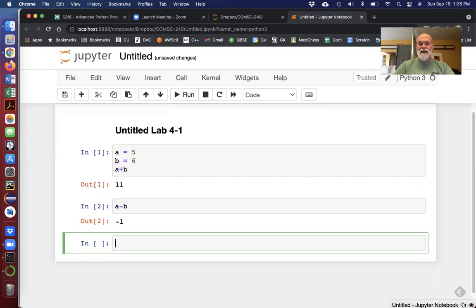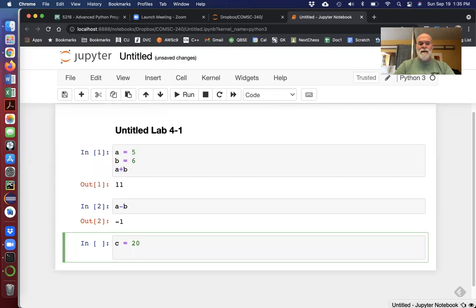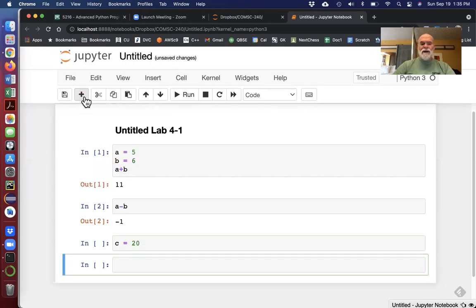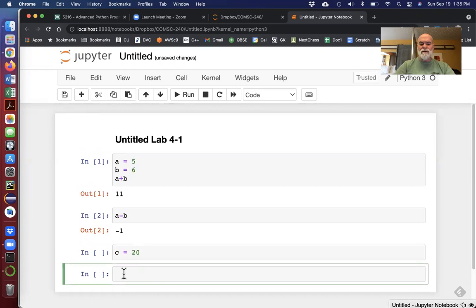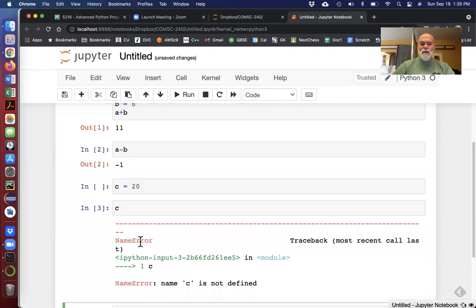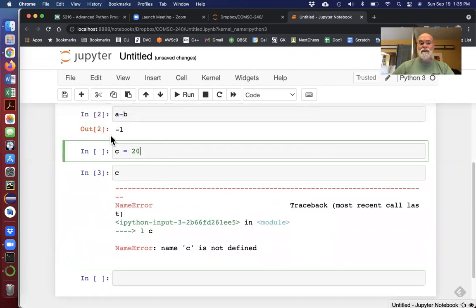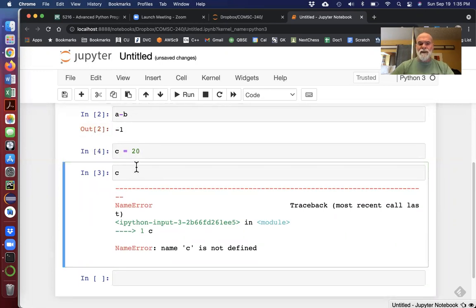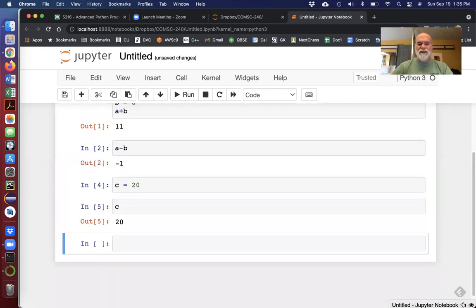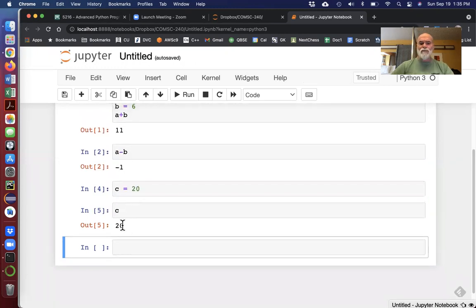I'm going to do a C here, C equals 20. And then I'm not going to run it, but I'm going to create another cell below it to simply print C. And you can see that we get an error there because C is not defined. And that's because we did not run this cell right here that established the variable C and then assigned the integer literal 20 to it. And now if we were to run this again, the error drops out and we simply get the output of